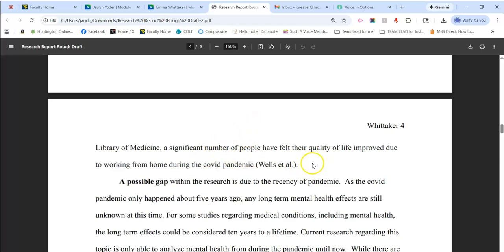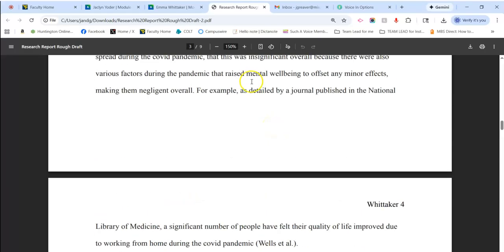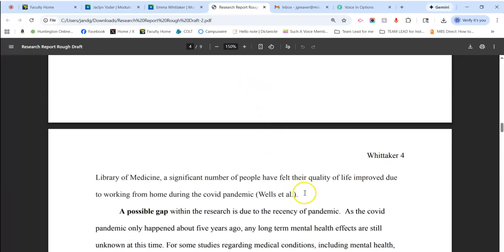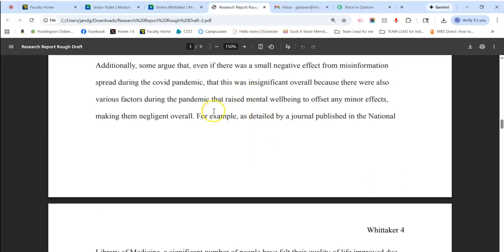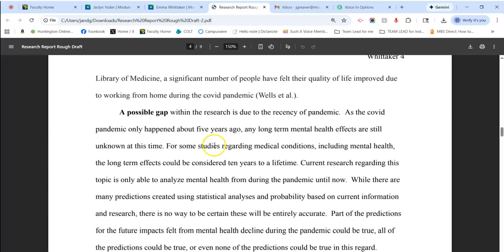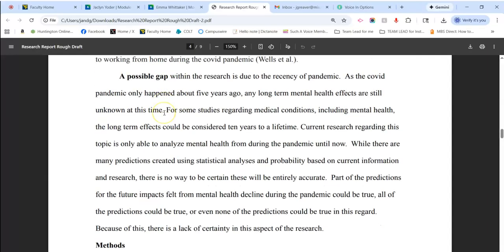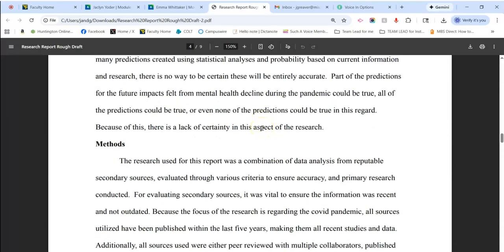Also, if you remember reading about the hamburger method a week or two ago, it's all about making sure your voice comes before and after every time you cite something. So your voice should come here again after this citation, after this source information, to help your audience understand the point that it makes, what you want them to get from that point, and how it relates to what you said leading up to it, right? Now you talk about your gap here, so that's awesome. I definitely was looking for that, so that's great.